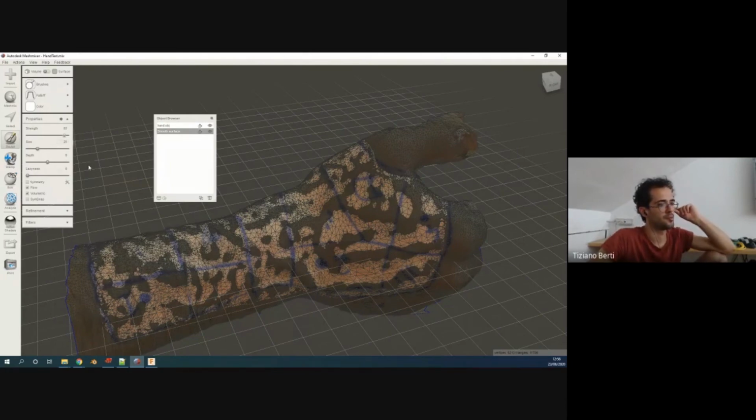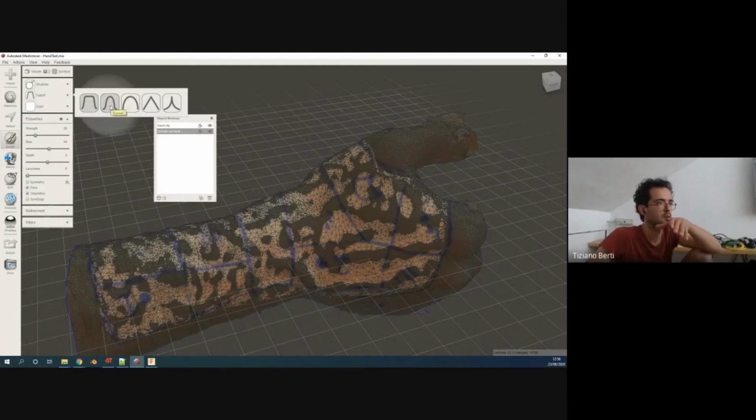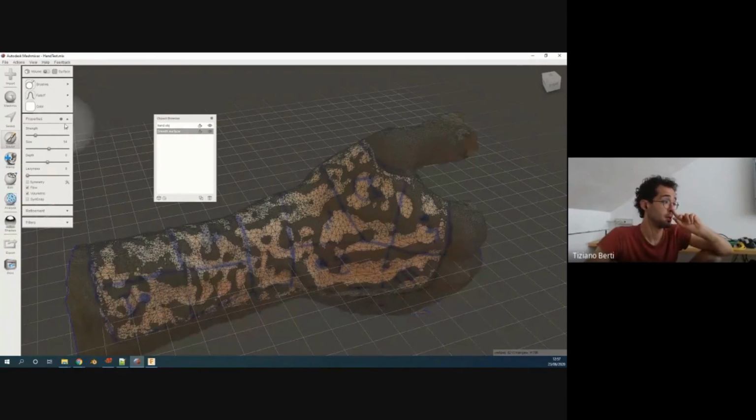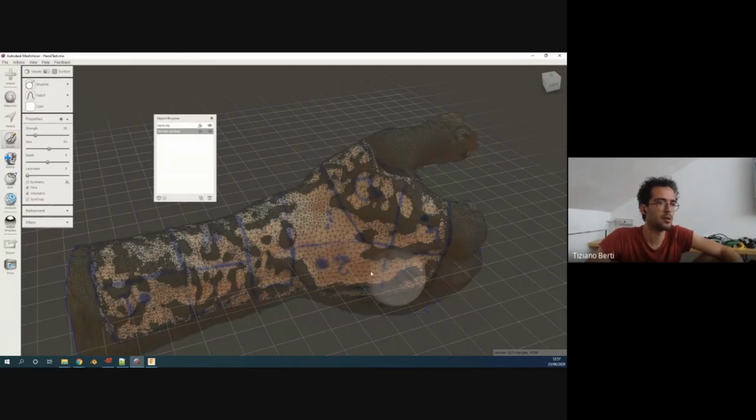You have the size of the tool you're using. This is, no, sorry, the strength. So we go pretty low with strength, pretty high with the size, because I just want to make a general modification to this. And I choose a fall-off which is pretty smooth. So this will be the shape that I'm pulling out in some way. And if I remember well, with a simple click and pulling out,